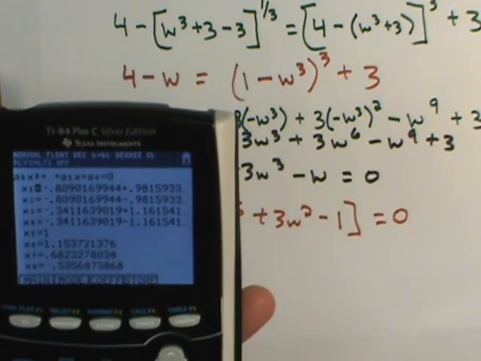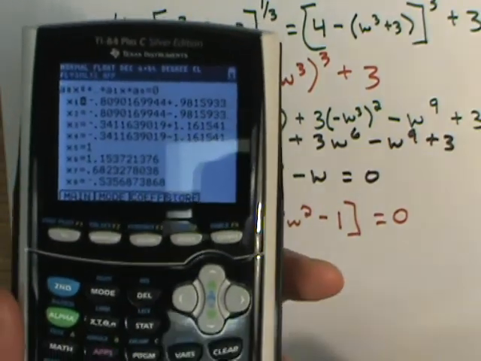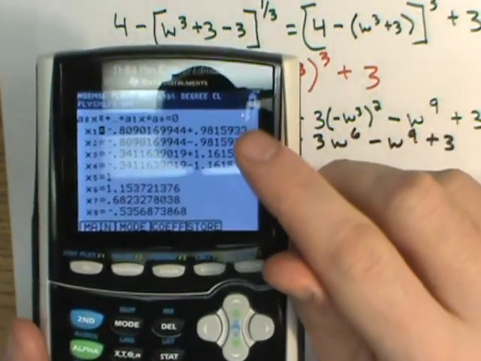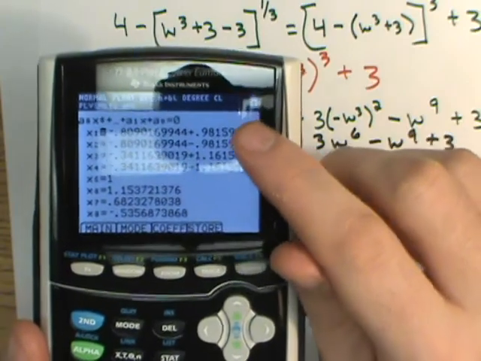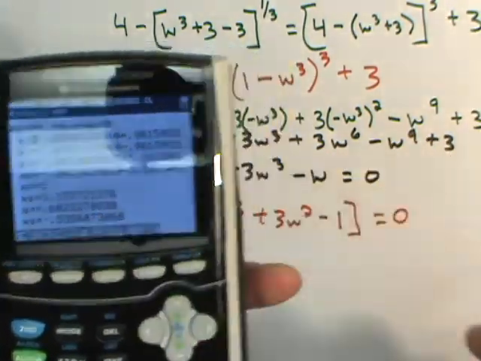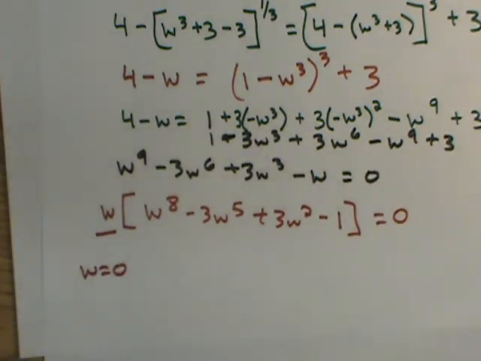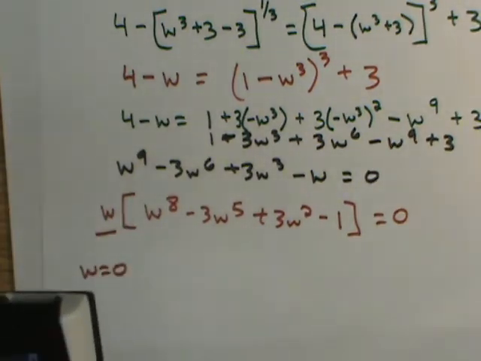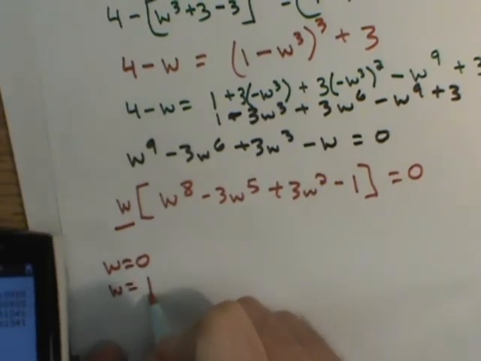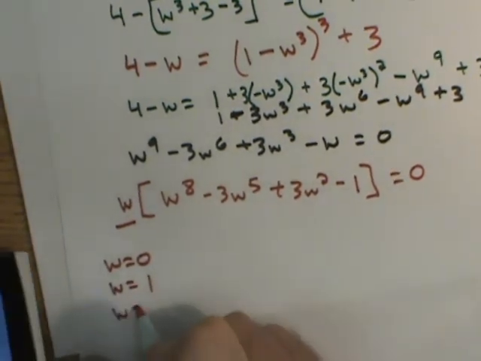There we go. Now we got all kinds of answers here. Now, some of your calculators, it depends on what mode you have set up, it'll say unreal or non-real answers. I don't care about any of these. They're non-real answers. But I do care about these other ones here. And so that's what I'm going to list out. I'm going to list out the x equals 1. So in this case it would be w equals 1. W equals